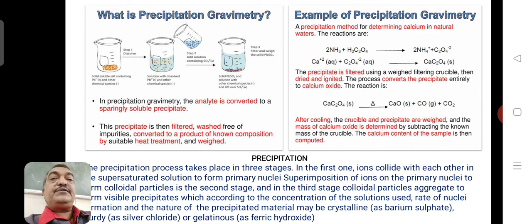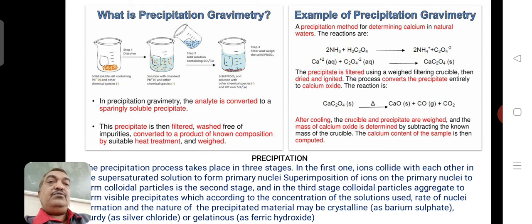Well, what is precipitation? Now let us see with a diagram. In a beaker, suppose you take lead Pb2+ ions, and in the second figure, if you add a little water and shake it thoroughly, the lead as lead chloride will dissolve to get a clear solution. Now our aim is to estimate how much lead ions are present in the lead chloride solution we have prepared in the second figure.